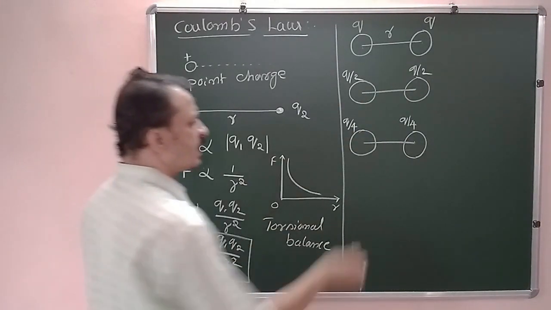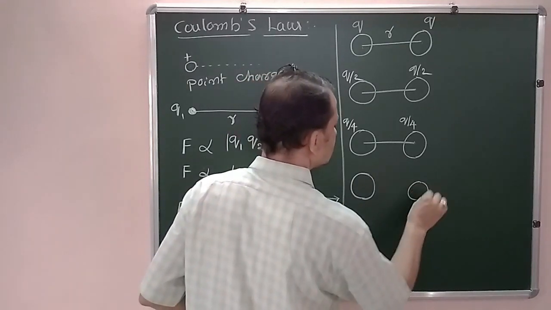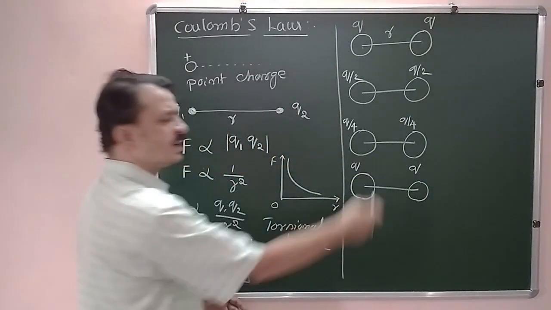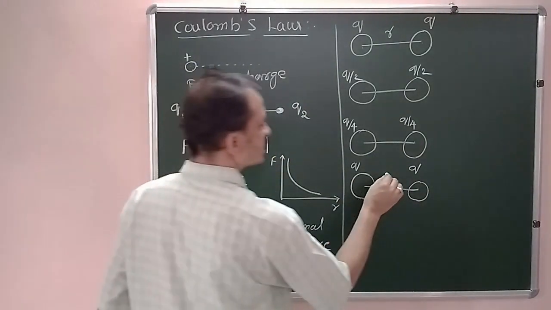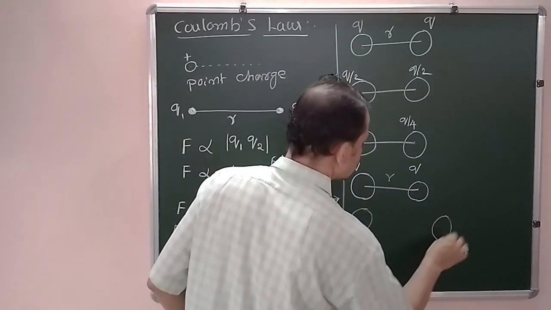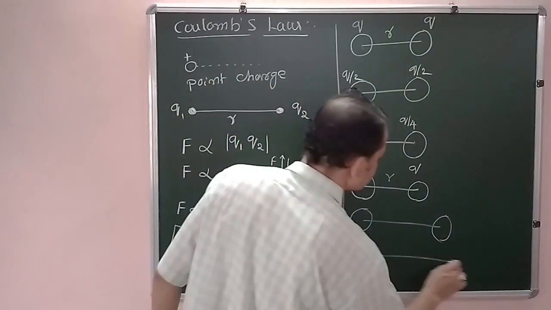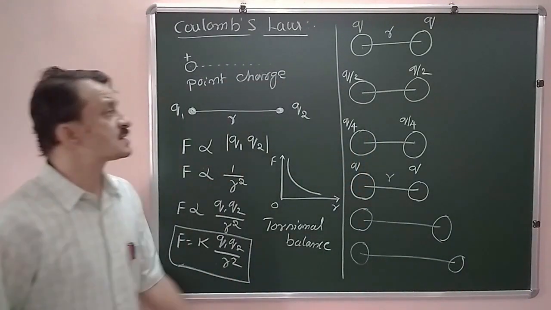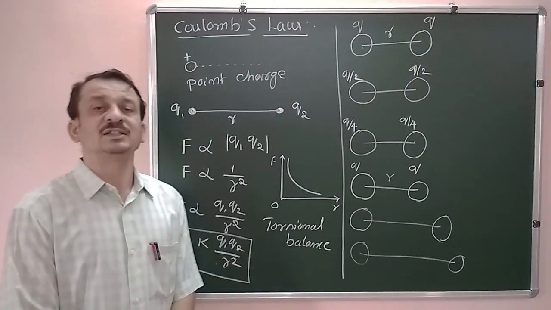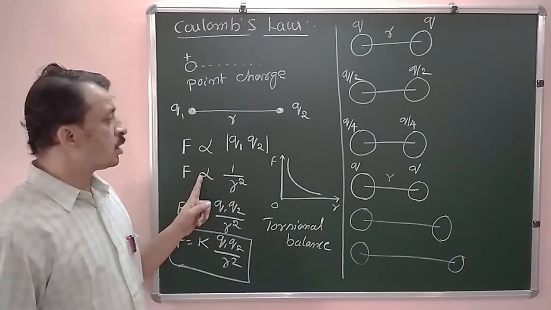Also, he has taken 2 charged spheres with charges the same and distance varied. First time he has some distance. The next time, with the same identical charged spheres, he varied the distance. The next time, he further increased the distance. Like this, he has conducted this experiment by using torsional balance